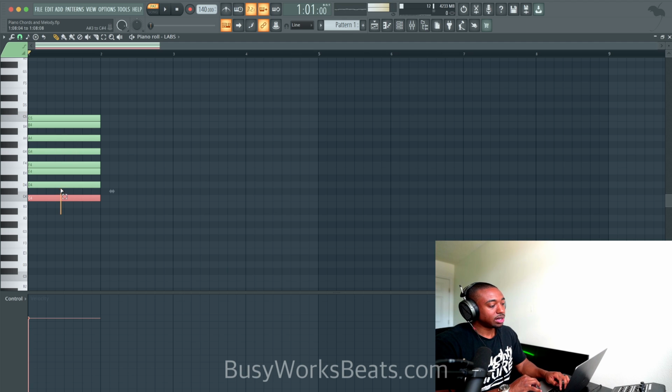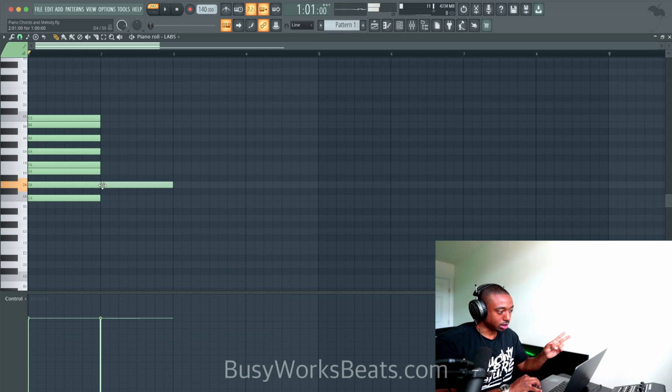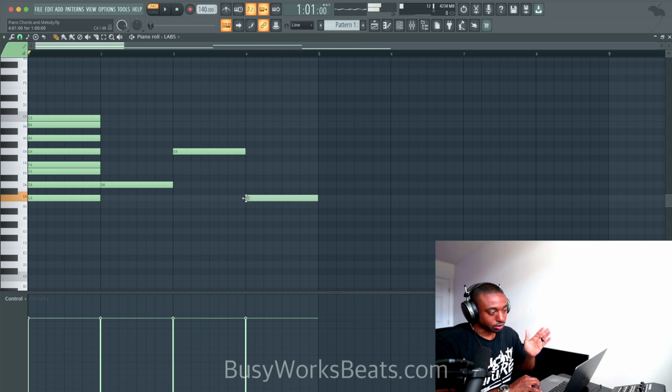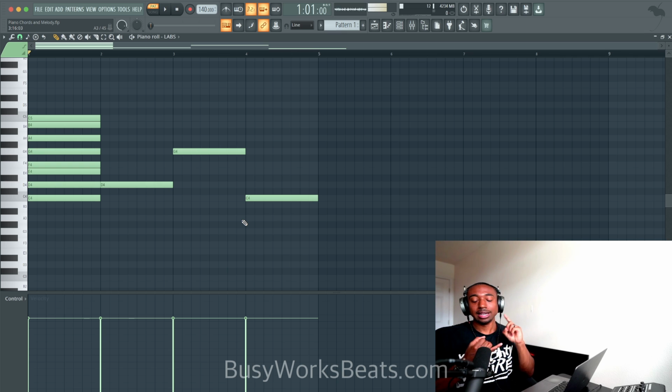Okay, so the way we give these scale degrees numbers is the first note within this scale is called the tonic, or the first. The second note within the scale is called the second. The third note within the scale is called the third, so on and so forth. So to create a 2-5-1, we're actually referring to the second scale degree, the fifth scale degree, and the first scale degree. So it really should be said second, fifth, first. But people get lazy and they say 2-5-1, okay?